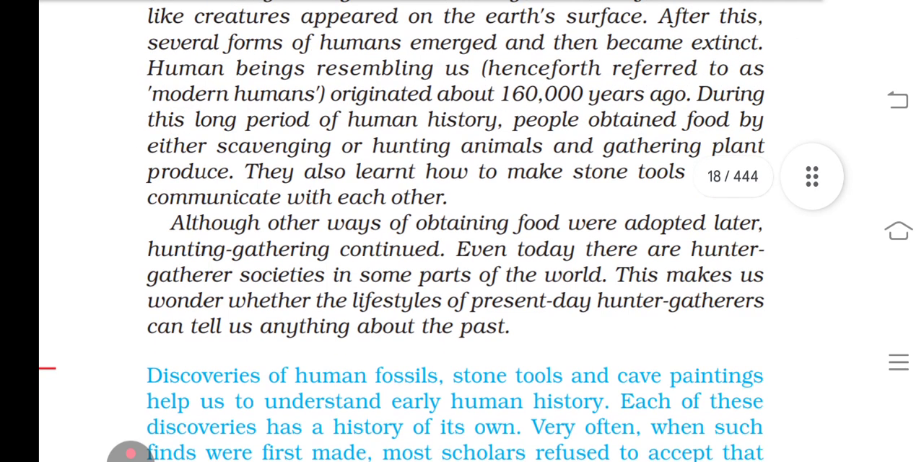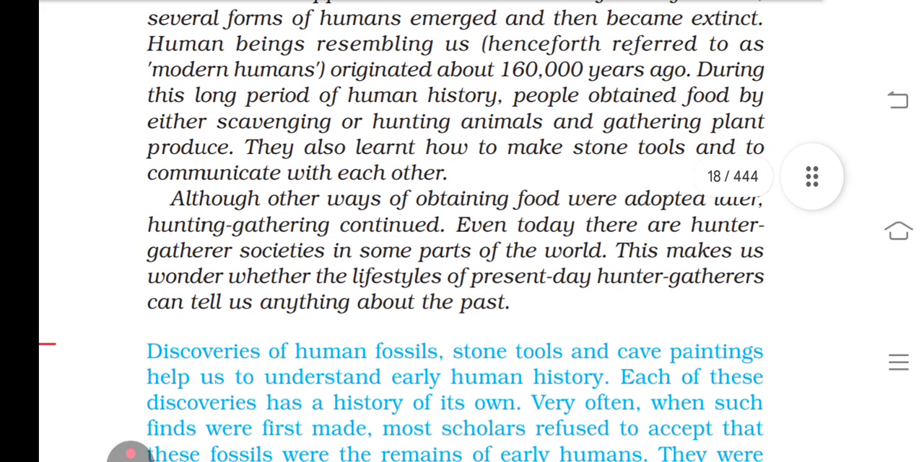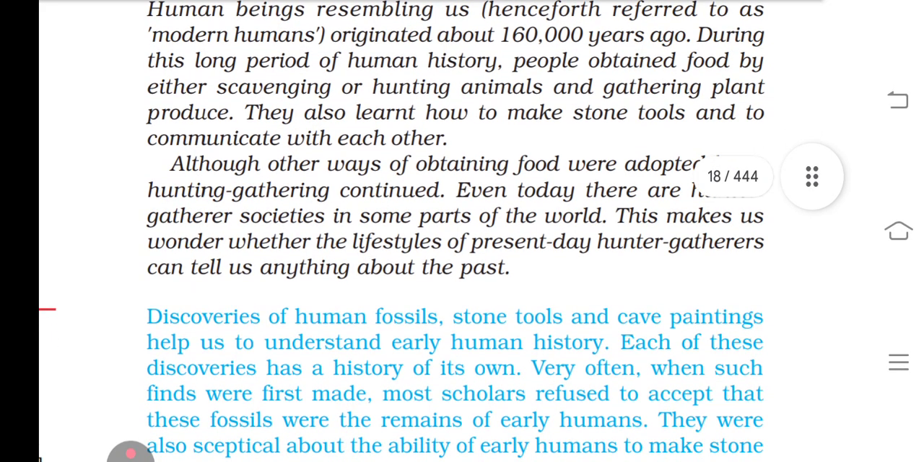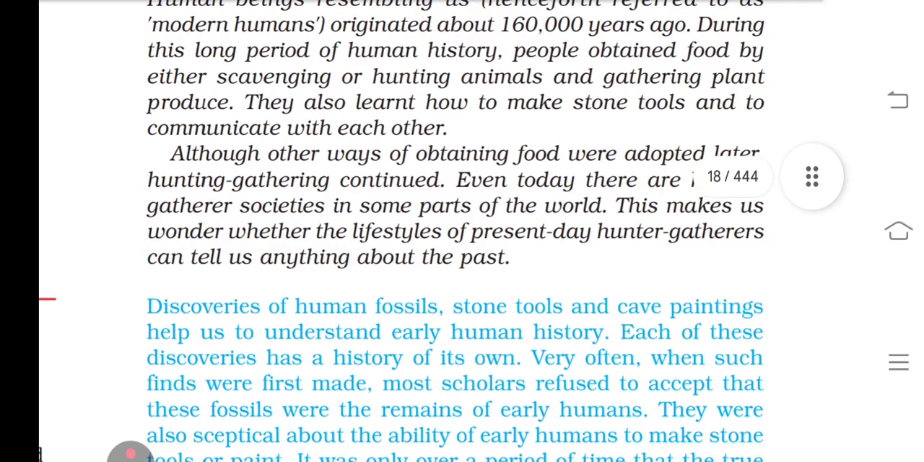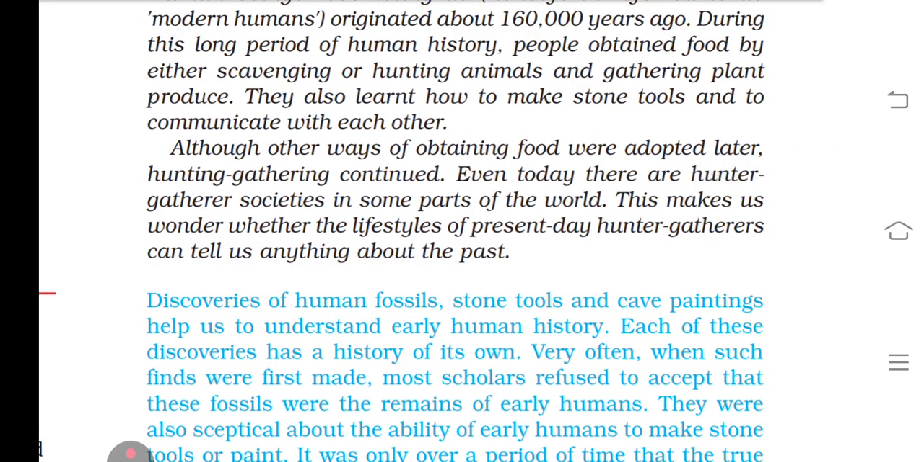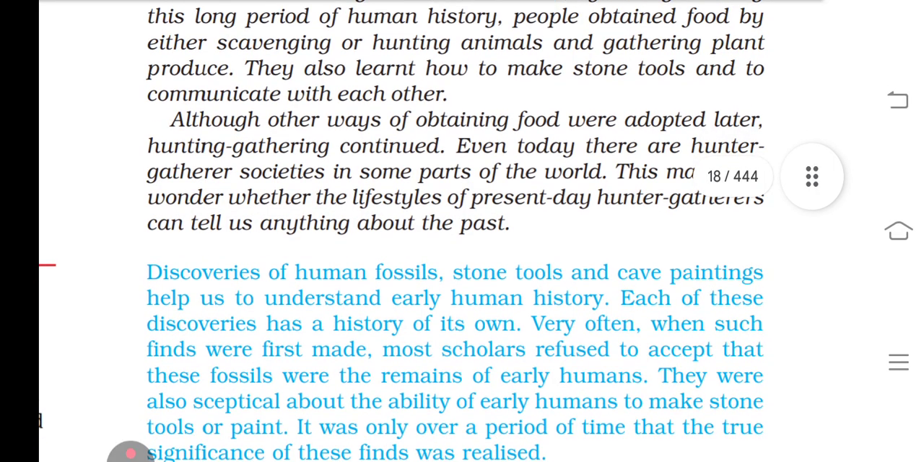After this, several forms of humans emerged, and then came the human beings resembling us, henceforth referred to as modern humans, about 160,000 years ago. During this long period of human history, people obtained food either by